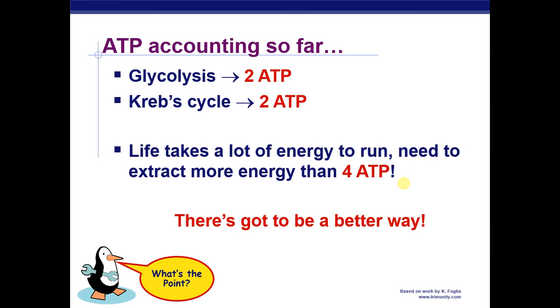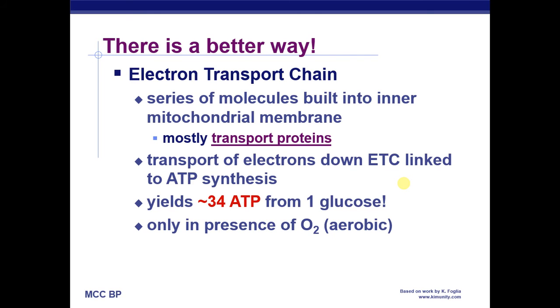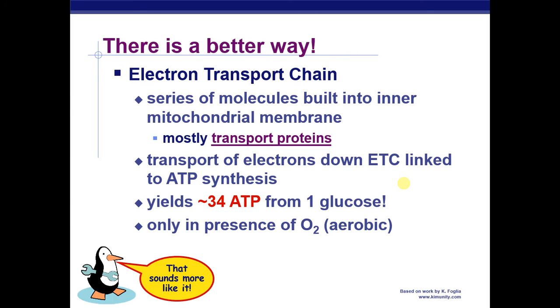So in the electron transport chain, you're going to see we're going to make a bunch of ATP, a lot more than the 4 that we've done so far from directly making ATP by substrate level phosphorylation in glycolysis and the Krebs cycle. The electron transport